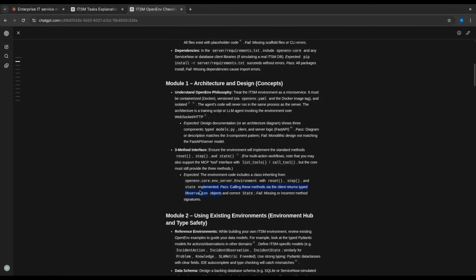This is something we need to create on our own. Sorry, I think this is something which we are taking from OpenEnv, right? Yeah, that is my understanding at the very least. Failing means a missing or incorrect signature. Okay, yeah, we understand these things.